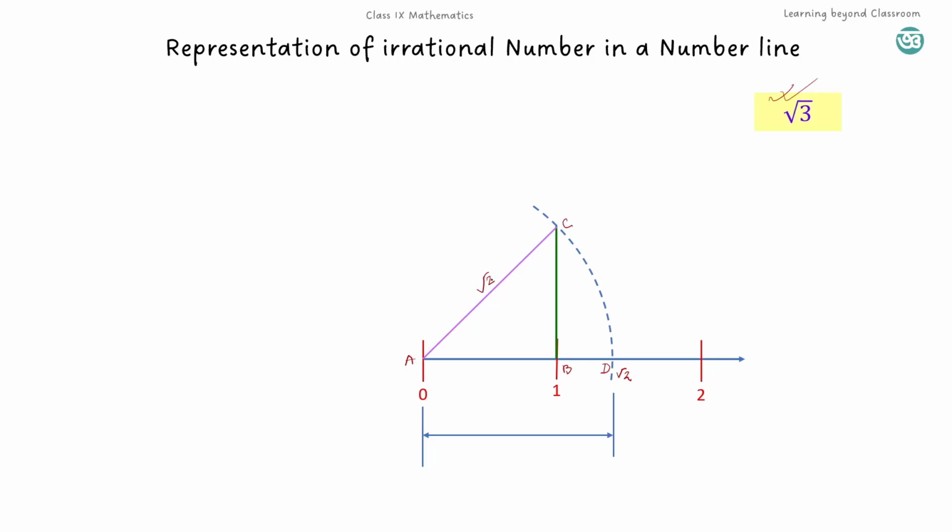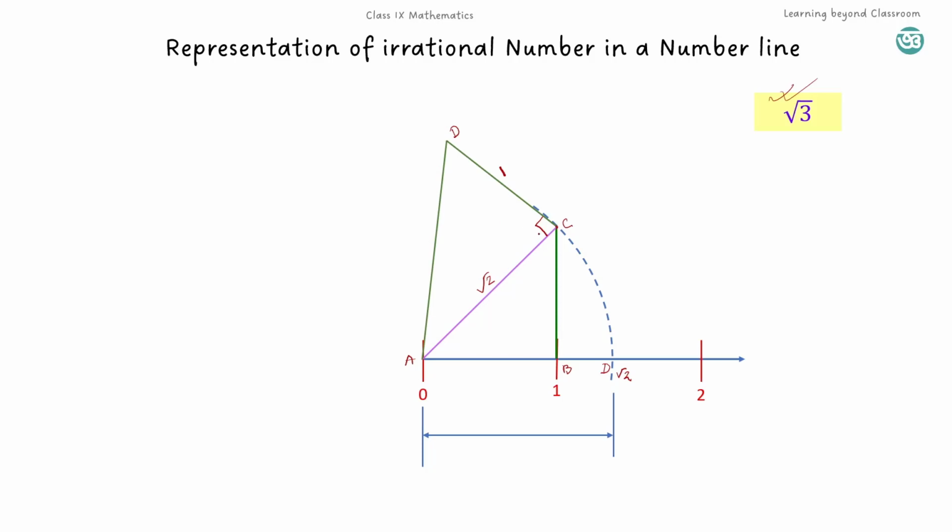Now AC is one line. Now if we draw a perpendicular line at point C, this is the perpendicular line CD, and this length of the perpendicular is 1, then this angle is 90 degrees. So if we join AD,